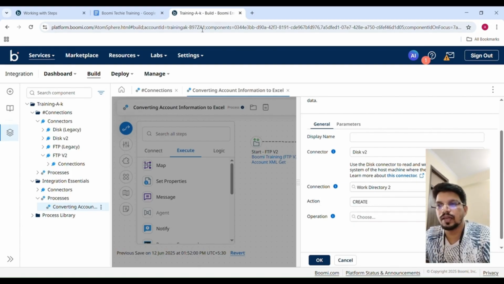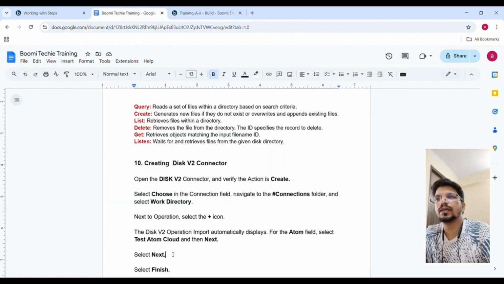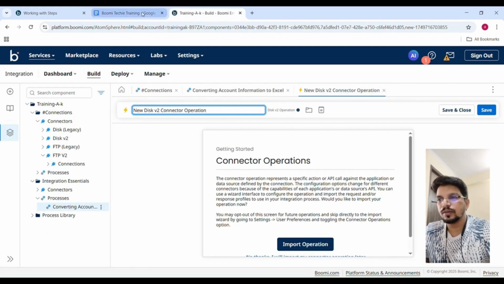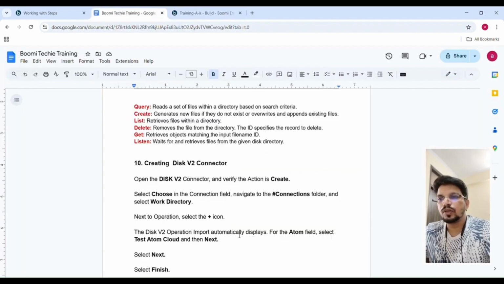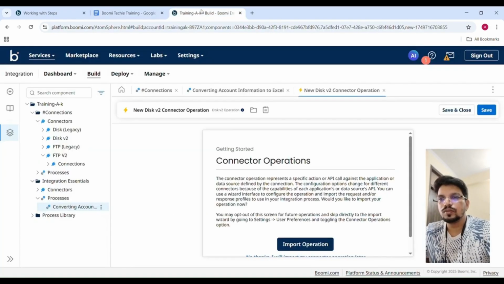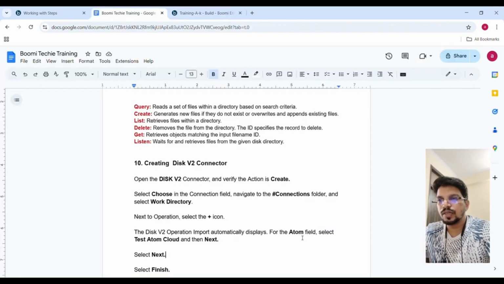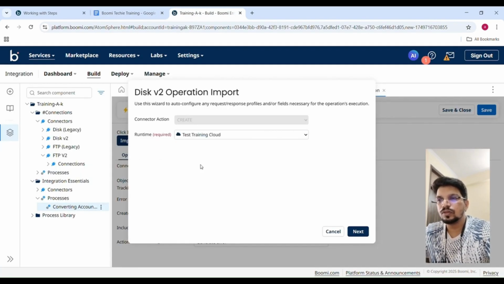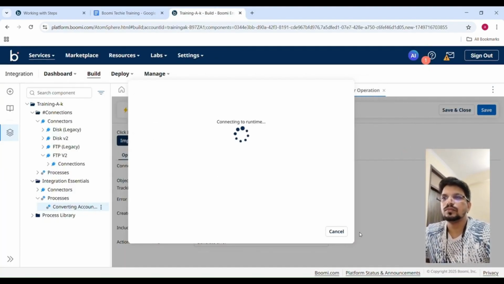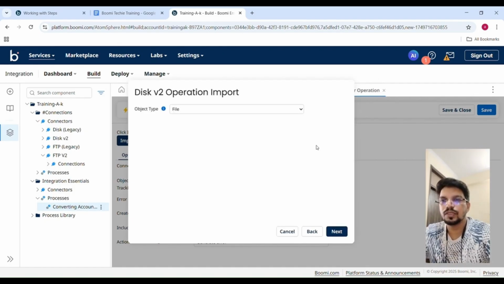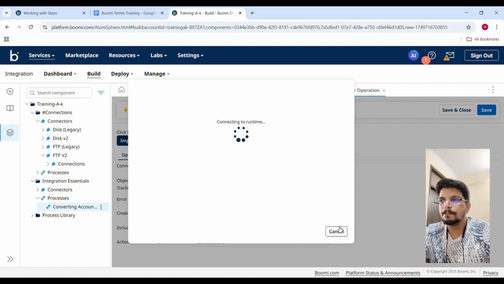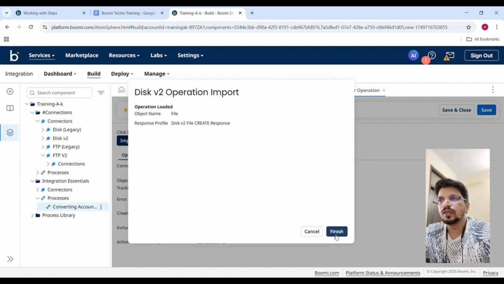ऑपरेशन में देखते हैं, ऑपरेशन में क्या करना है हमें, ऑपरेशन में प्लस आइकन पे क्लिक करना है, ऑपरेशन को इंपोर्ट करना पड़ेगा, ठीक है। तो ऑपरेशन को इंपोर्ट करते हैं। रन टाइम हमें क्या यूज करना है, टेस्ट रन टाइम हमें यूज करना है, तो टेस्ट रन टाइम हम यूज करते हैं, ठीक है। और नेक्स्ट करते हैं इसको, फिर नेक्स्ट करते हैं, फिनिश करते हैं इसको।